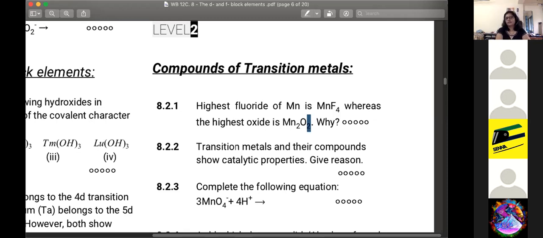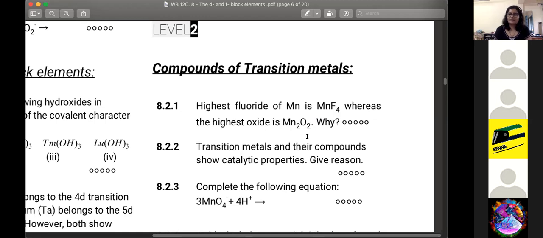Ananya, yes. What is the reason for that? Now we're talking about level 2 questions, right? Ensure that you have a slightly more explanatory, more descriptive answer. So the answer is that Ananya has correctly said that oxygen has a greater ability to stabilize the higher oxidation state. Aryan has also given the reason for that. Awesome. Very good. So that's the complete answer that you will need to give for this kind of question.